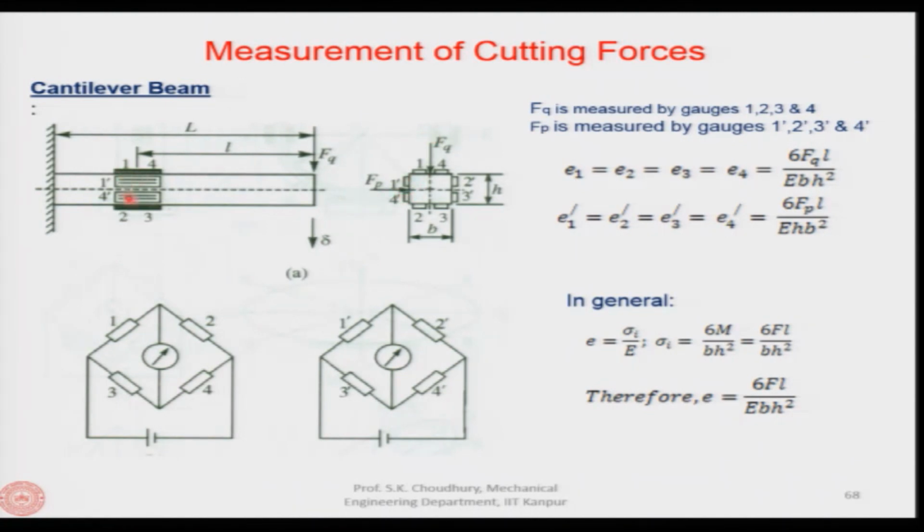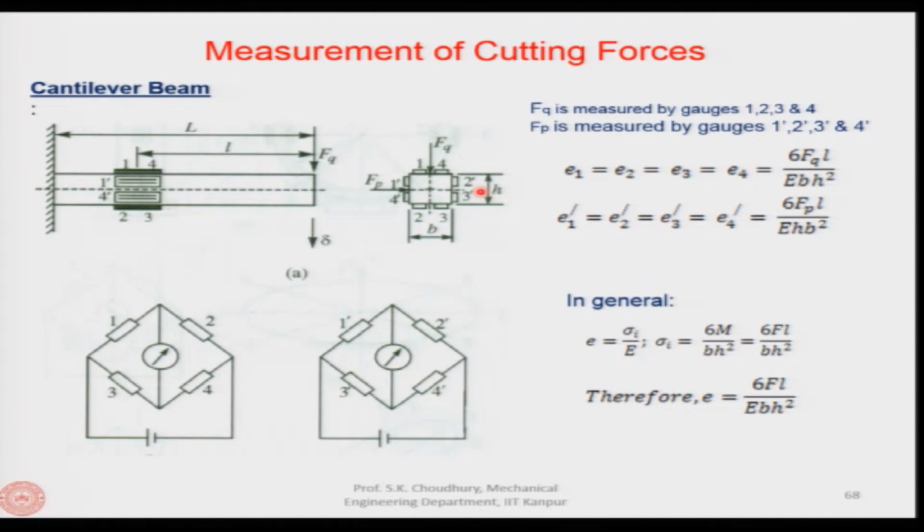Now, here we have the strain gauges. There are 4 strain gauges, 1, 2, 3, 4 on this side, and 1, 2, 3 and 4 in this section, as you can see. On the 90 degree side there will be 4 more: 1 prime, 2 prime, 3 prime and 4 prime. So, if this distance is b and this distance is h, okay, then we